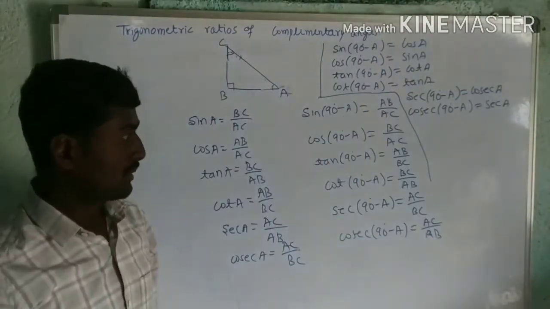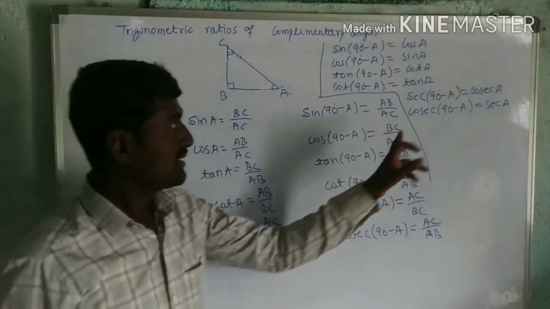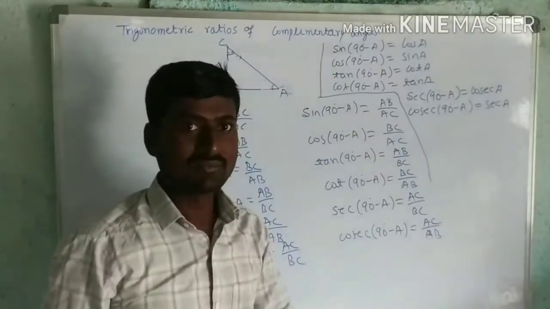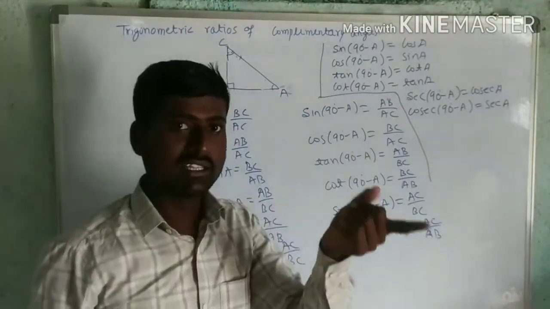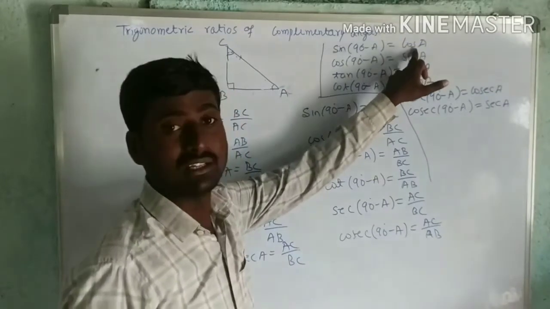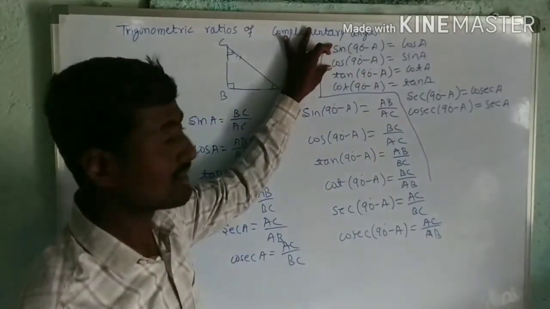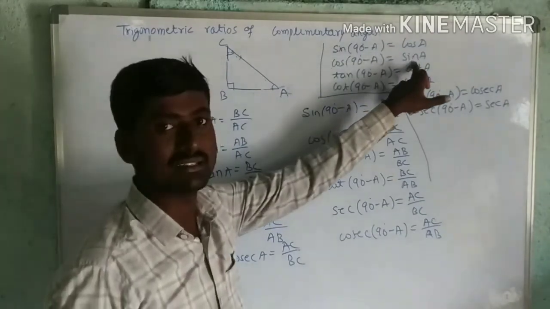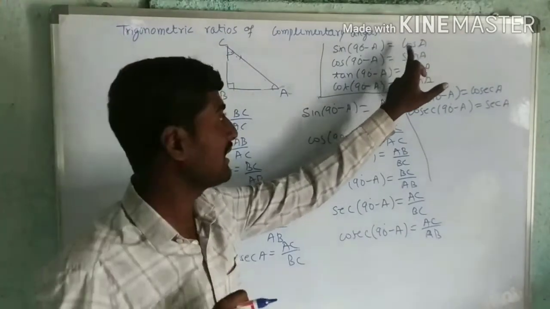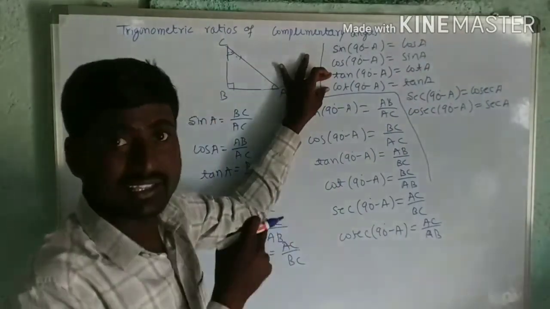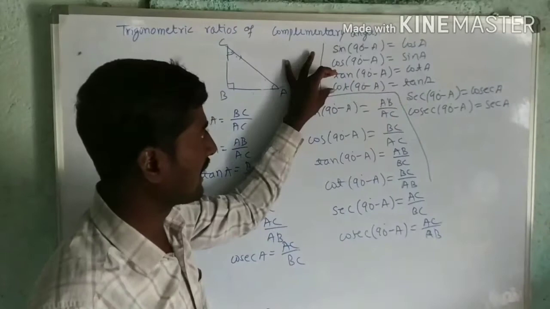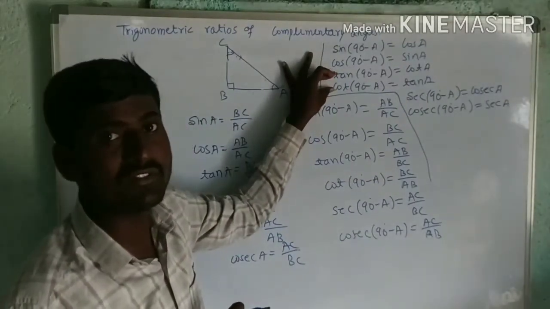Okay, but you will get confused here. The reciprocal of sine is cosec, the reciprocal of cos is sec, and the reciprocal of tan is cot. But here sine and cos are one pair. If sine of 90 minus A is cos, cos of 90 minus A is sine. But sine and cosec, don't compare with those reciprocals. That is different and this is different. Here also it is the same: tan 90 minus A is cot A, cot 90 minus A is tan.